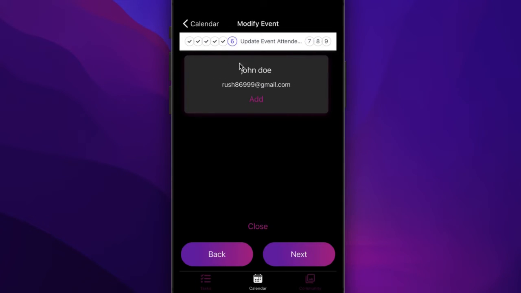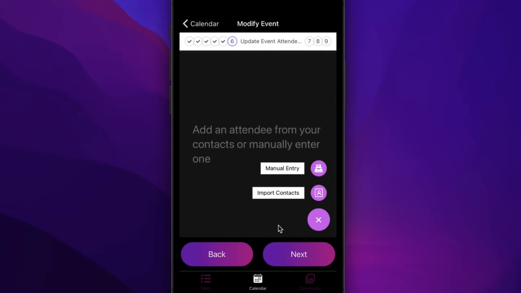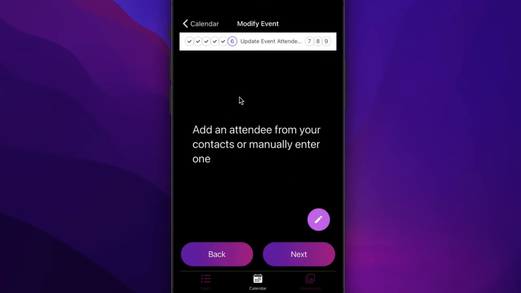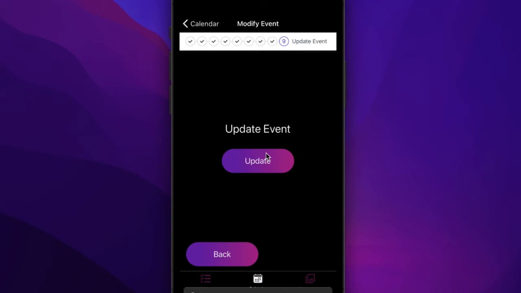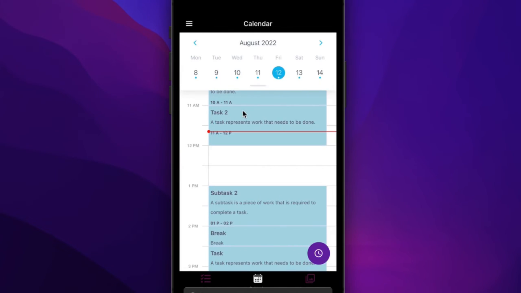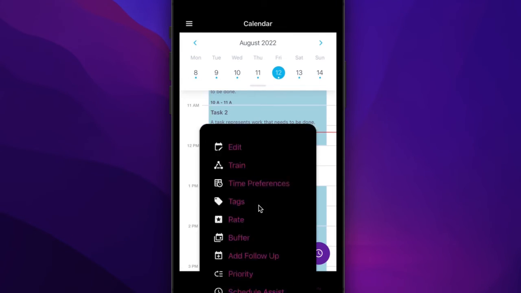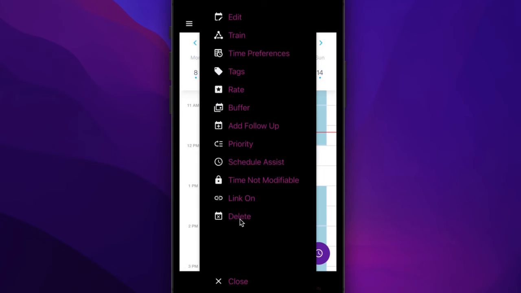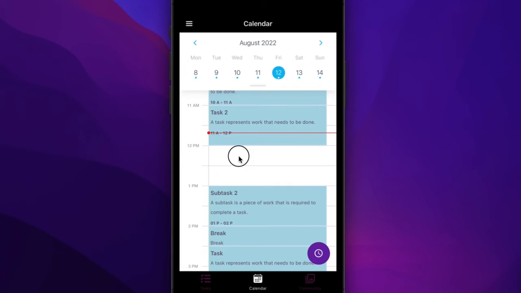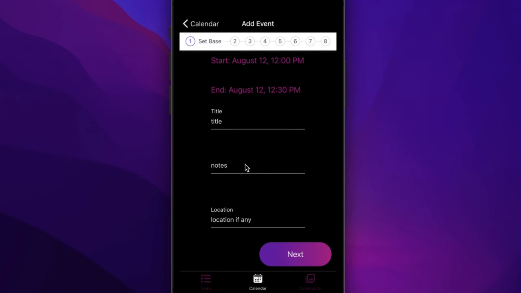So this is a Google Contact that has been synced with Atomic, and so we can just add this, and from there we can basically add attendees to the event itself, and from there finish up and then update the event. So that's why we need Google Contacts. And then obviously if you click on an event, again we'll click on, and you can see we need the ability to delete the event as well, because this is a calendar, so we need to be able to delete the event. And finally, if you want to insert the event, we can just press and hold, let go, and